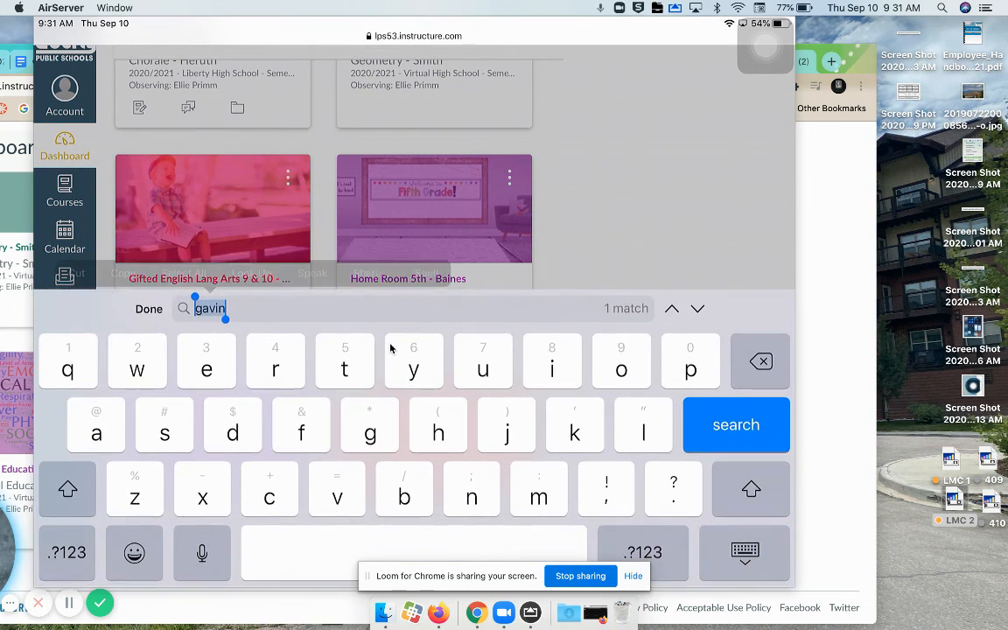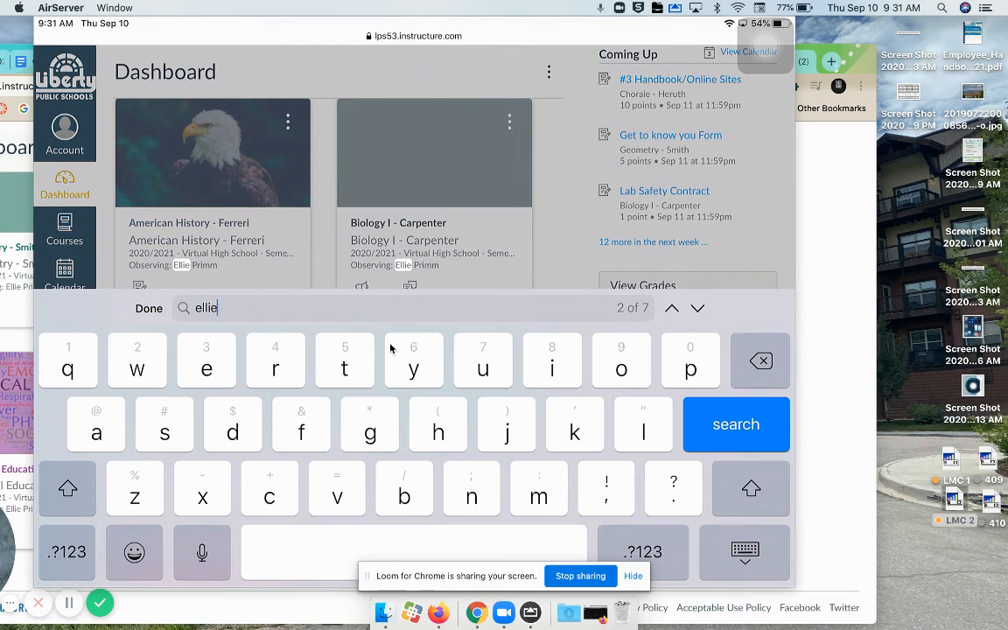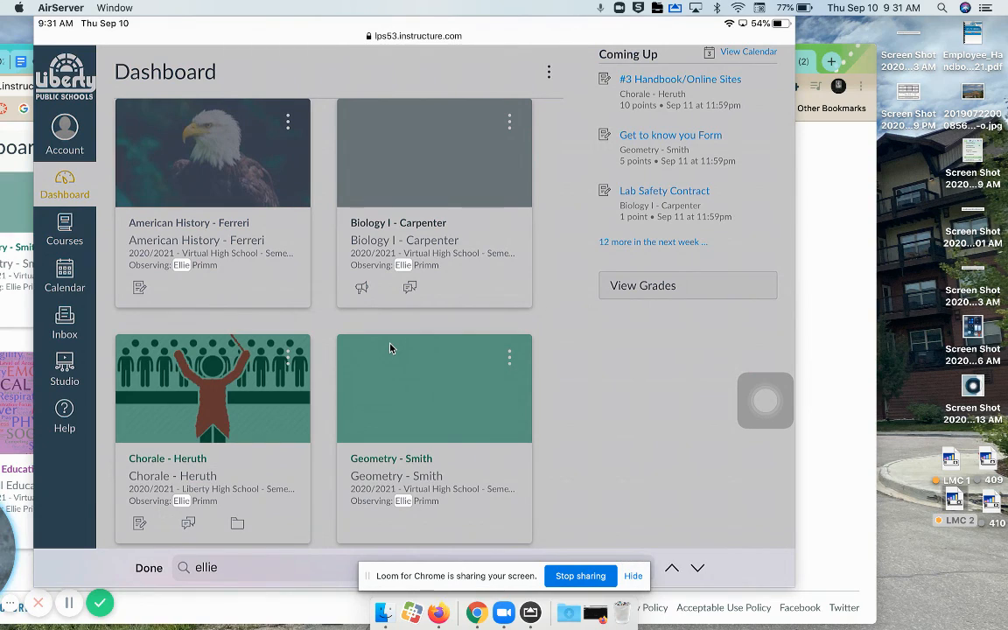But let's say then that I want to help Ellie. This is not going to be as convenient because she has 7 classes, but you can see her name highlighted